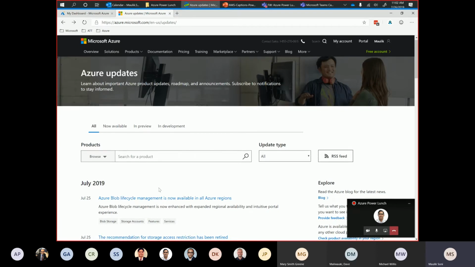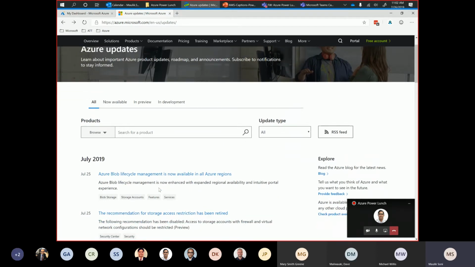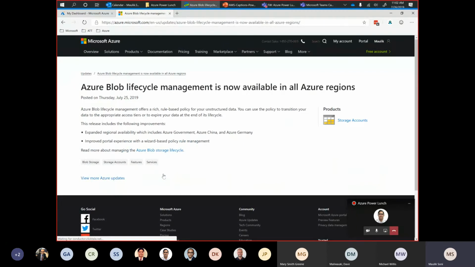The one service update that's very interesting to me is that Azure has now released blob lifecycle management. Azure storage has different tiers like hot, cool, and archive. Using this lifecycle management feature, we can create a policy to change the storage blob tiers from hot, cool to archive. I think it's pretty useful because without this lifecycle policy management, in the past we had to either